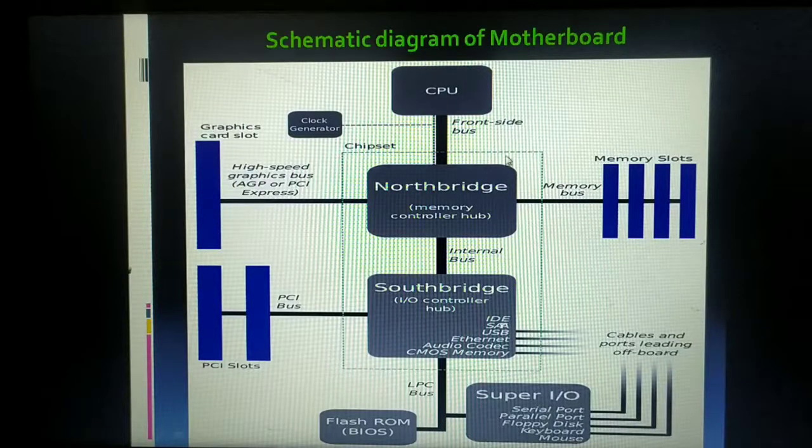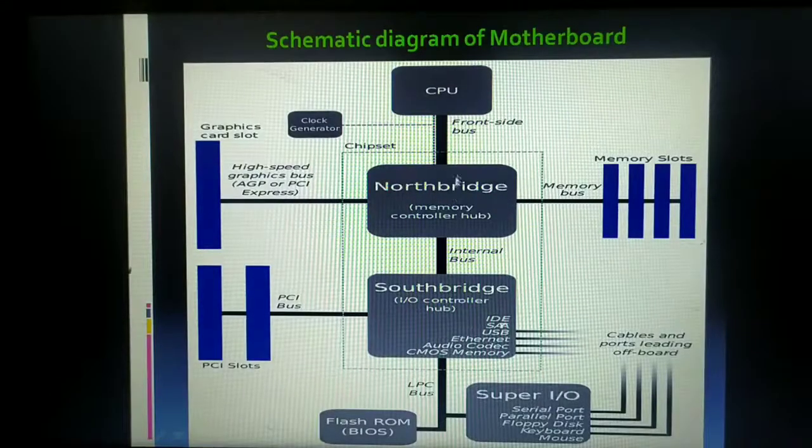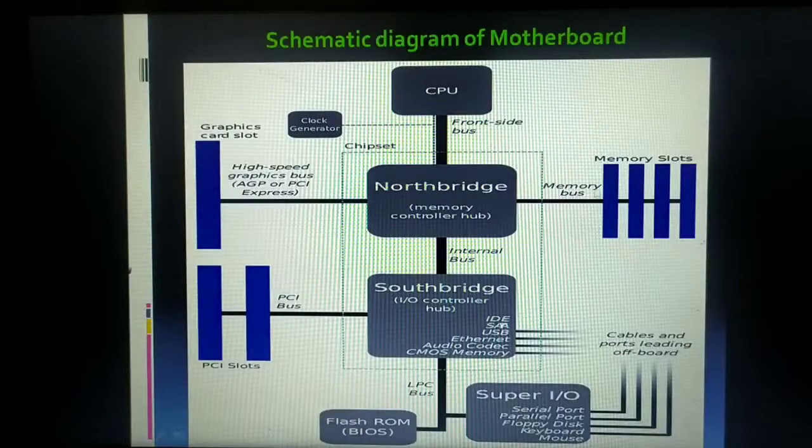The same schematic diagram, I'll just show it where the components are being replaced. The devices are replaced with these components. Here, this is the north bridge and the south bridge. This is the CPU. CPU is connected with the memory slots. And we have the AGP. That means north bridge here. You can see north bridge is connected with the CPU. It's connected with the memory slots. And the north bridge is connected with the AGP or the PCI Express slots. Here also north bridge is connected with the CPU, RAM slots. If I just show you this memory slots, you may not understand.